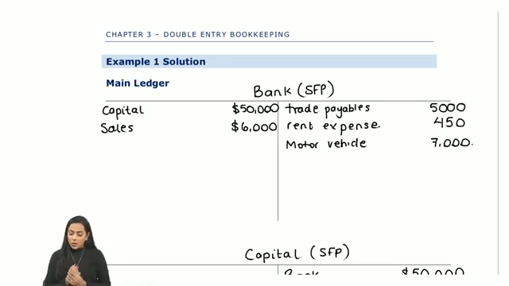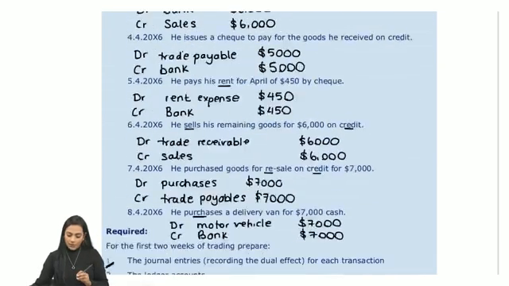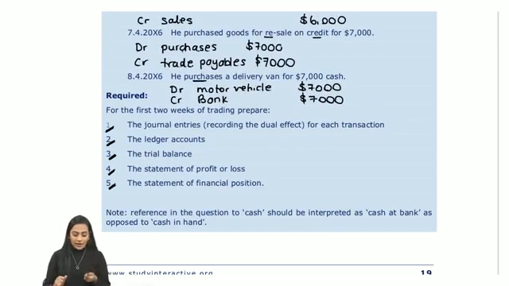Anyways, so we have now just completed all of the double entries and we've entered the transactions into the ledger